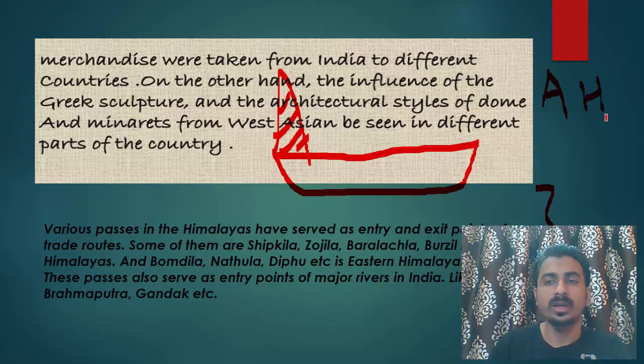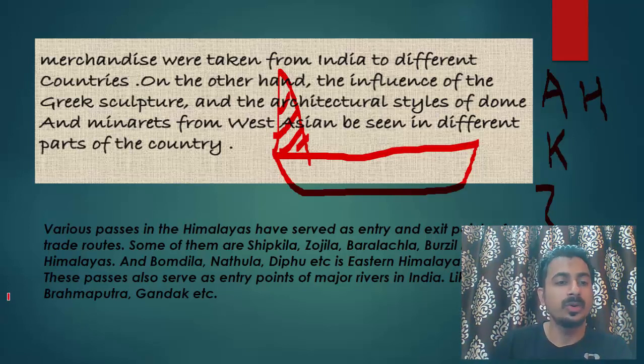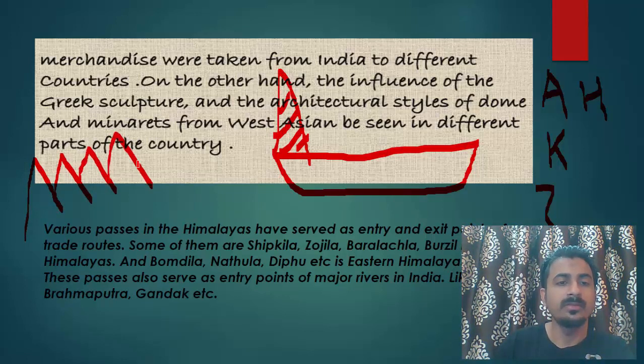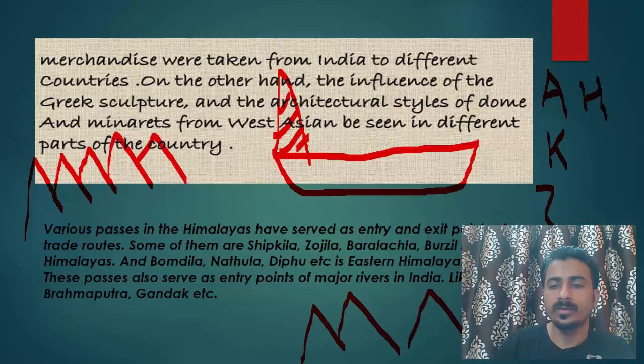You must have heard about Kanishka and all. So these also all came from outside. They all came from the passes in the Himalayas. What is a pass? Suppose all the Himalayas are like this, then movement cannot occur. But mountains are not like this. Mountains are like this. This will be a mountain, then this, then somewhere a mountain will be like this. So this is a pass through which a road can be constructed, and then people move for trade and cultural contacts. So this is a pass.